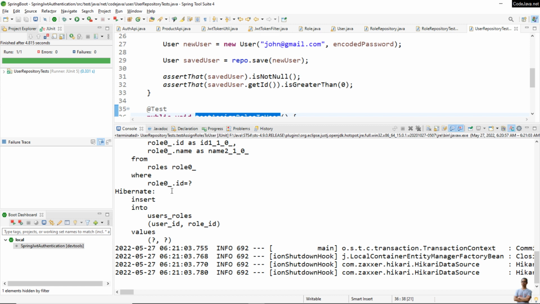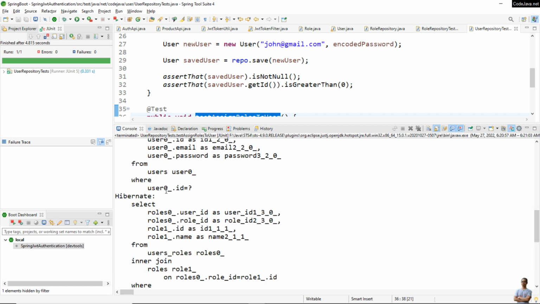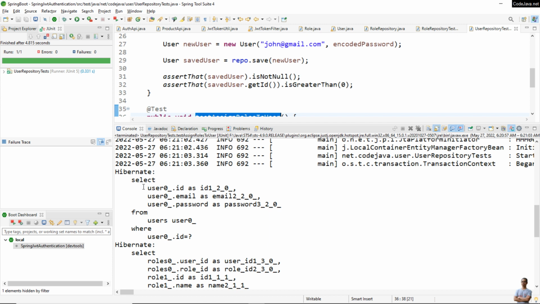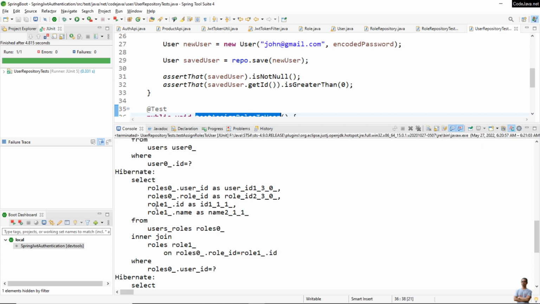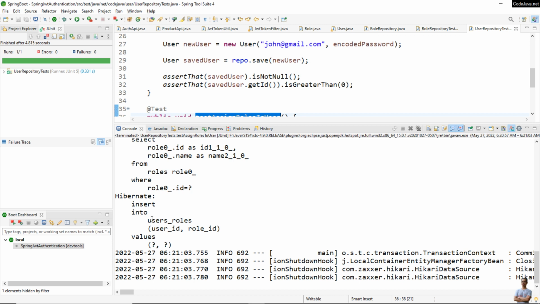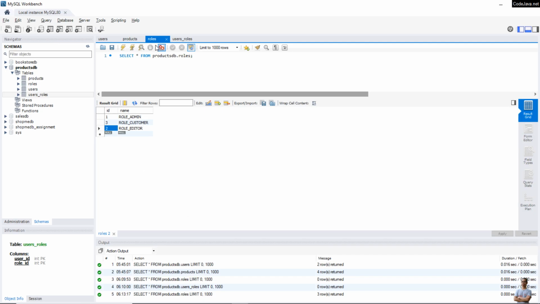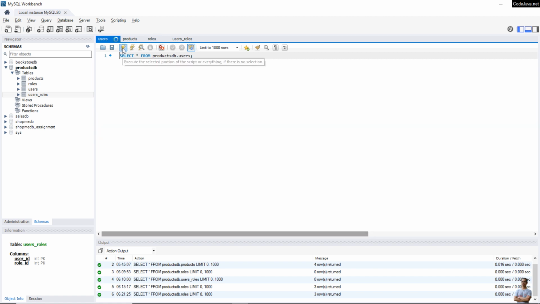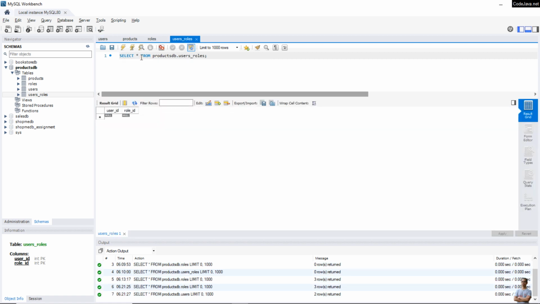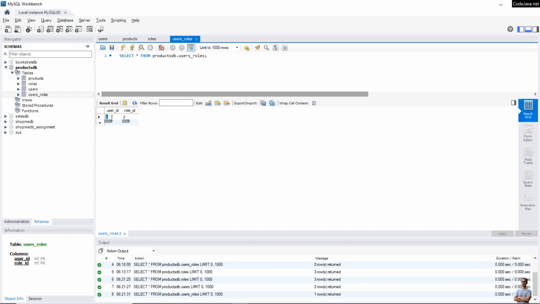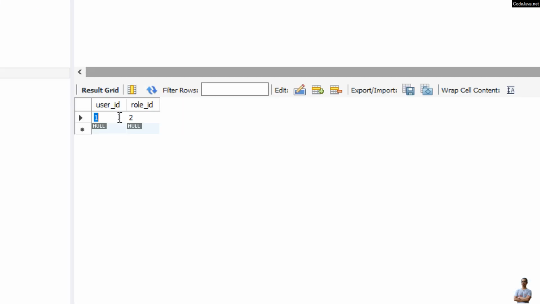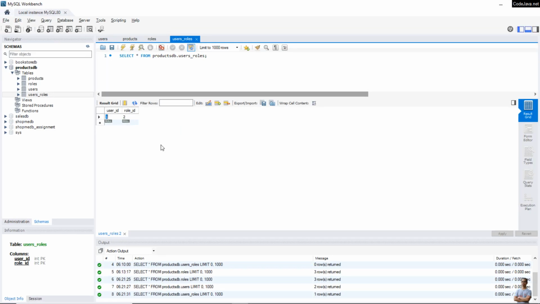Successful, and you see it executed some SQL statements to select user, select rows, and insert into user rows table here. Let me check in the database. Refresh rows table, refresh users table, and refresh users rows table, and you see this is the association between the user ID1 and the row ID2. Okay,